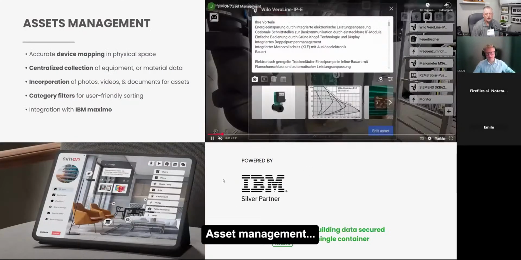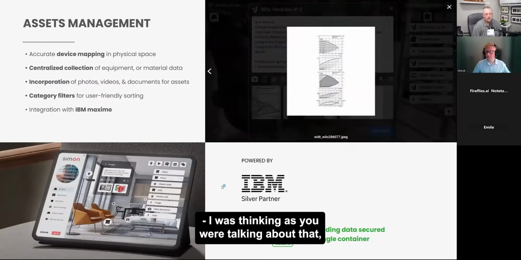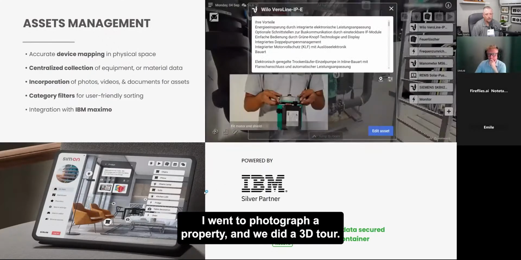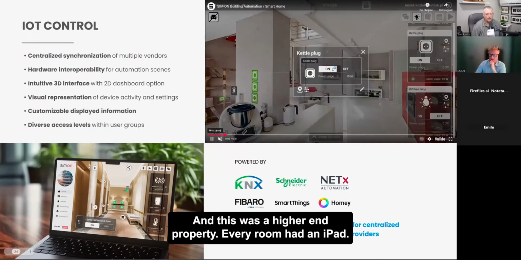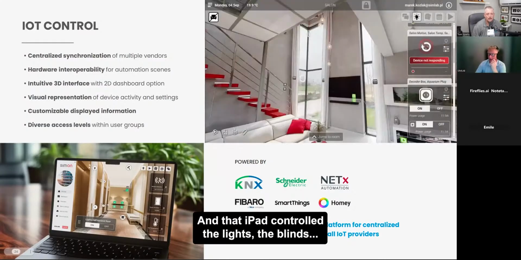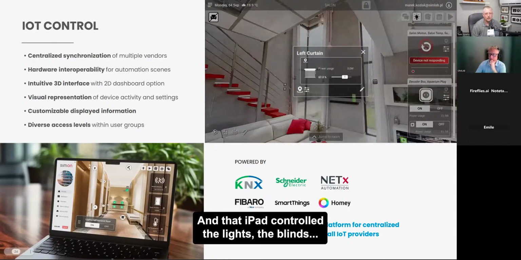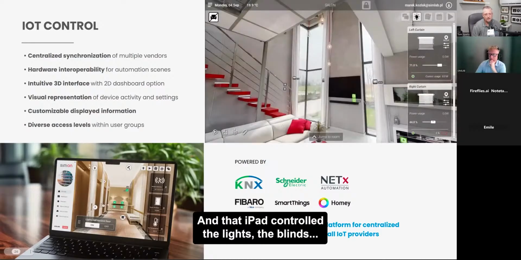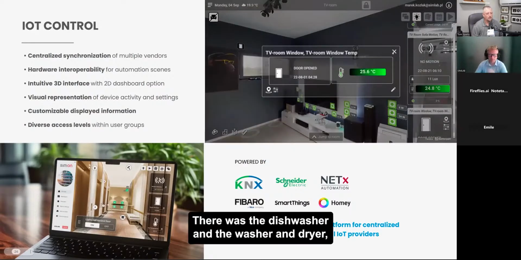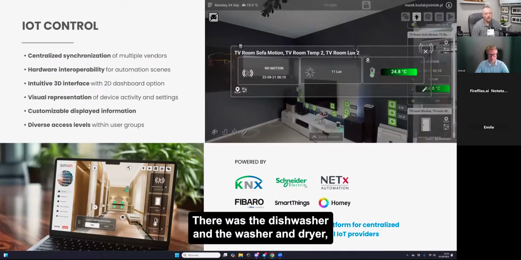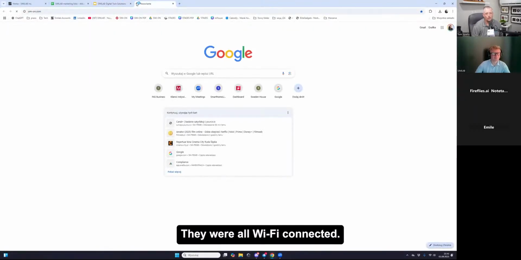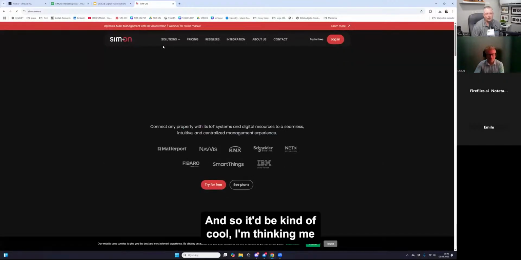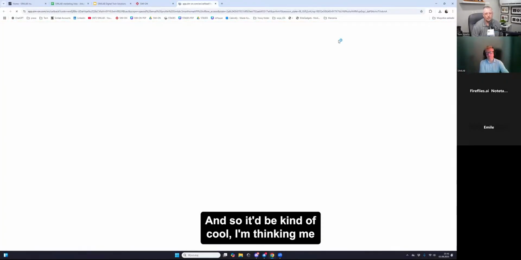Asset management, yeah. I was thinking as you were talking about that, I went to photograph a property and we did a 3D tour, and this was a higher end property. Every room had an iPad, and that iPad controlled the lights, the blinds, the dishwasher, and the washer and dryer. They were all Wi-Fi connected, and so it'd be kind of cool.